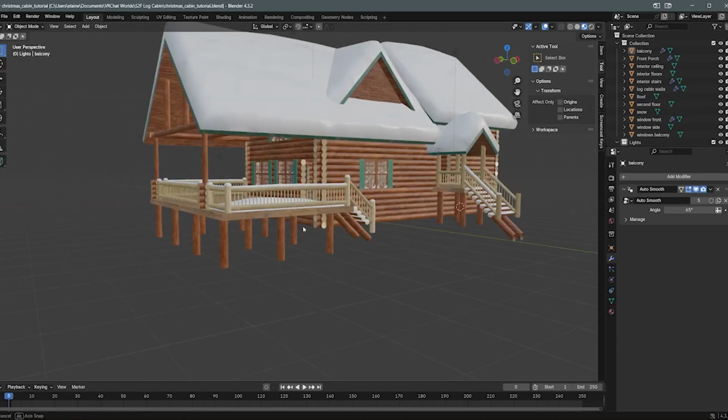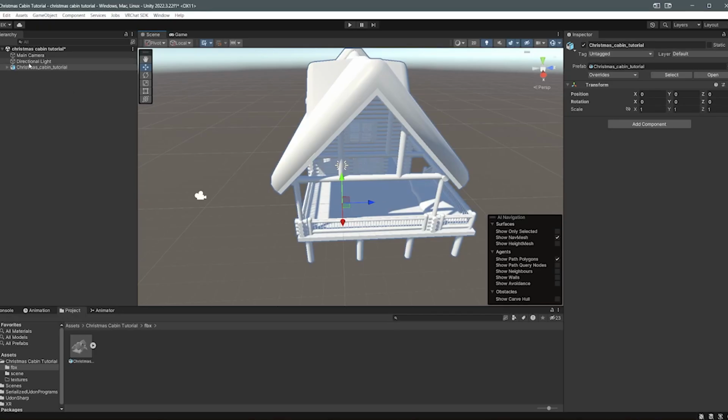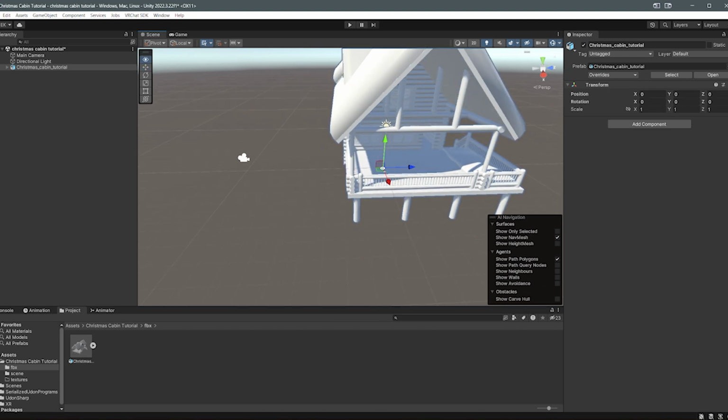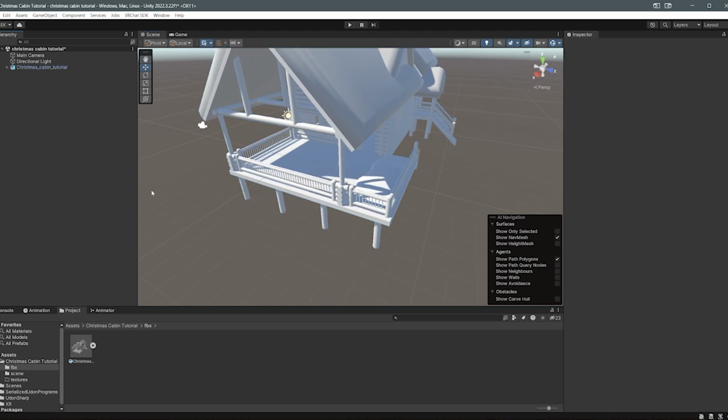So if we look in Blender, we can see that 0, 0 is right there. And in Unity, if you hit this little button up here, you'll get the grid. Our cursor is at 0, 0, 0, and 0, 0 is in the exact same spot as it was in Blender. When you bring in your FBX objects, they'll come in as prefabs, and that's really useful because a prefabbed